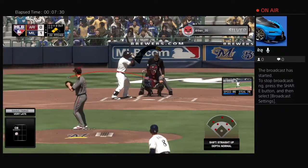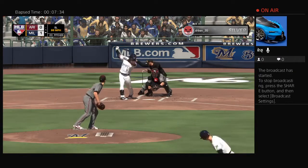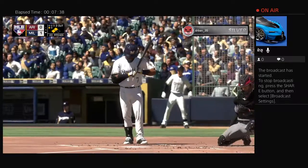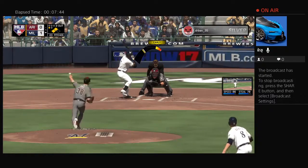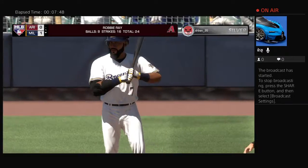Batting 6. Stepping up now, number 7. He's ready for his first AB here in this one. First pitch hacking here, and that's the first strike. Matt, this is how you want to start a game. First inning, you already jump on them early. You get one run in, and now you have two other runners on base. You come up with a big hit here, you can really make a big dent right here in this game